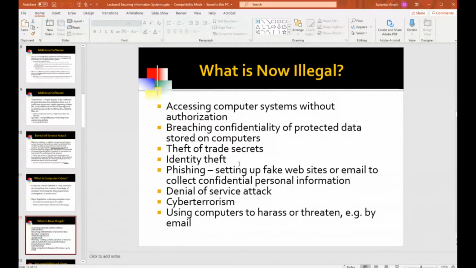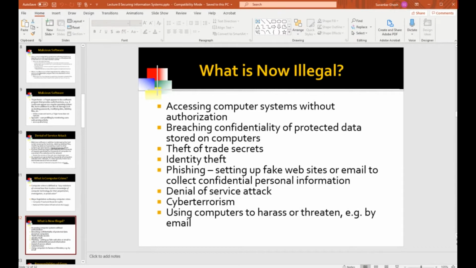Denial of service attack, here you didn't break in. You did not break into any computer. You just stood outside the company's network and you just bombarded it with bogus requests, denying the ability of the company to do business. But that too is computer crime, and you will get penalties. So these penalties are basically jail plus significant fines. And of course, cyber terrorism, all of that is very much crime.